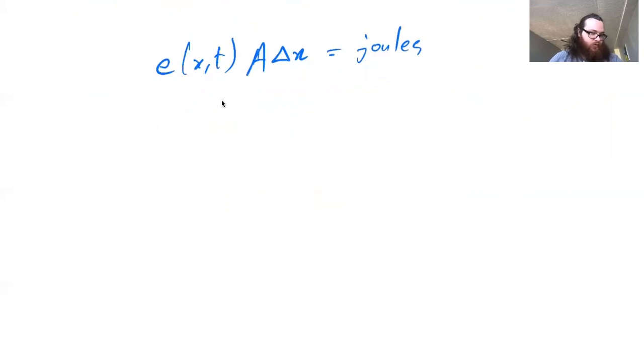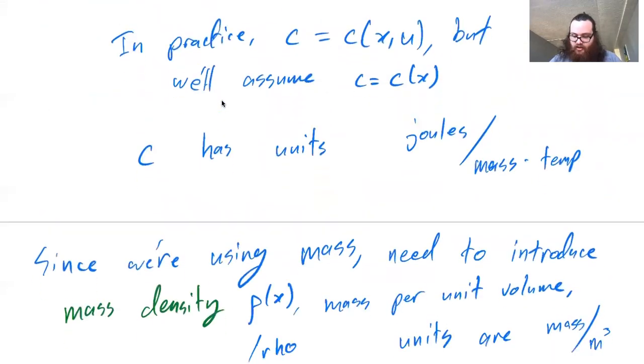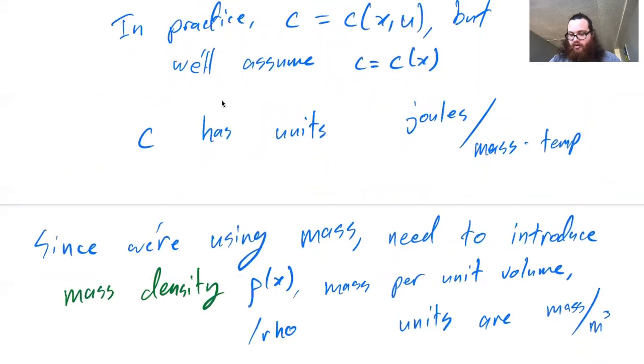So what else? If instead we start with this specific heat, C of x, remember that C of x had units joules per mass times temperature. So for mass,